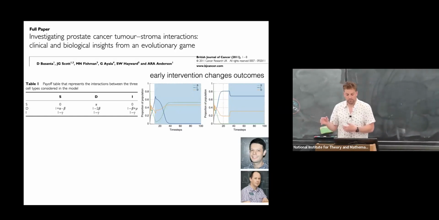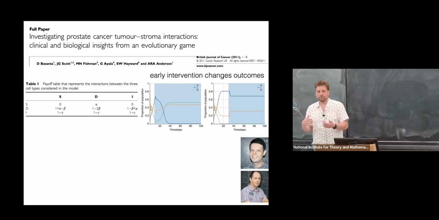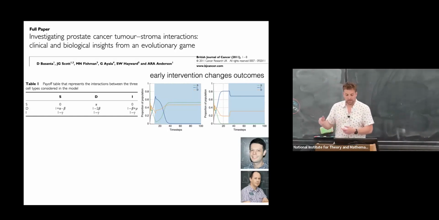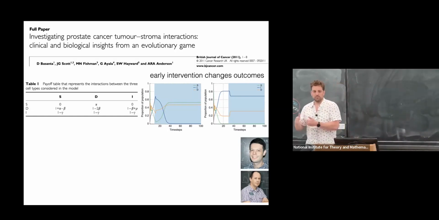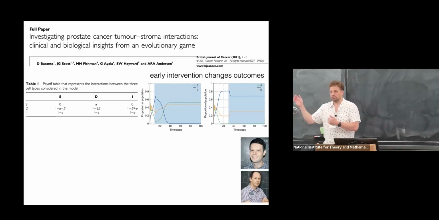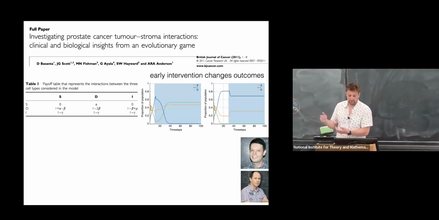And the point I want to make with these pictures is that you could start asking questions that most of the time you couldn't as a physician. So we could ask, what happens if you intervene early compared to late? So you start the simulation running, same exact simulation, same parameters, and then at some point when the blue line turns on the left, you turn on a therapy of some kind, all of a sudden you see the dynamics change, a new steady state is reached, and now green wins instead of blue. If you do that same therapy a bit later, you still stay with blue, right?